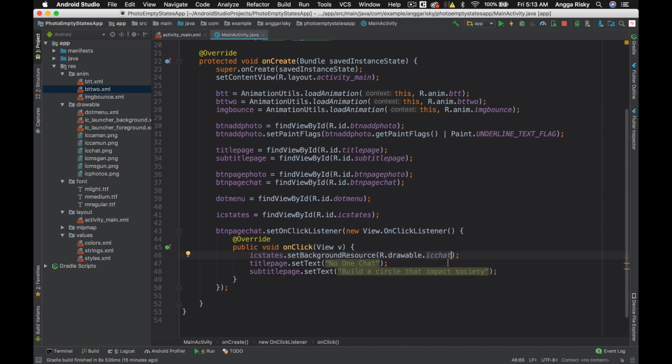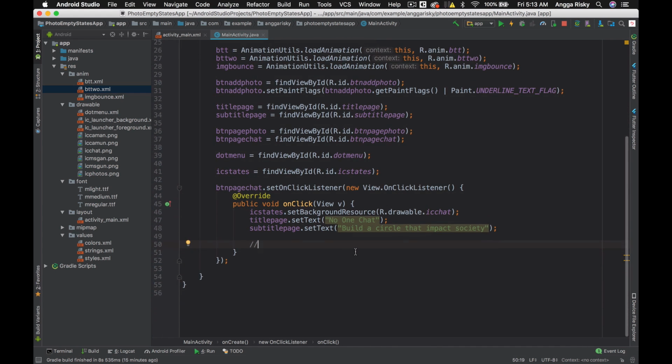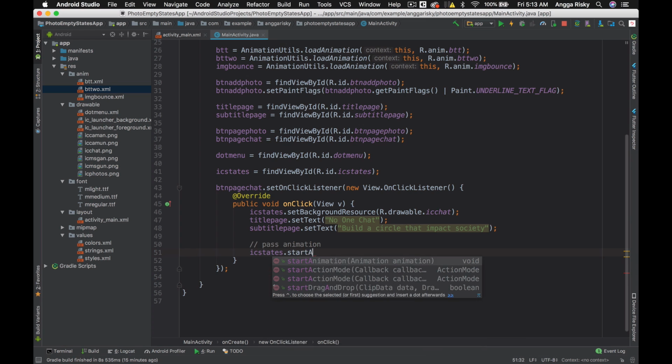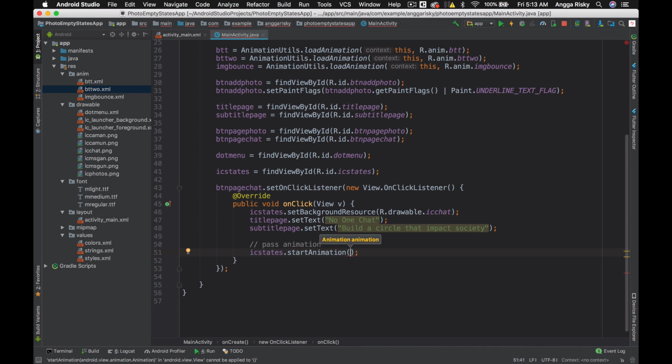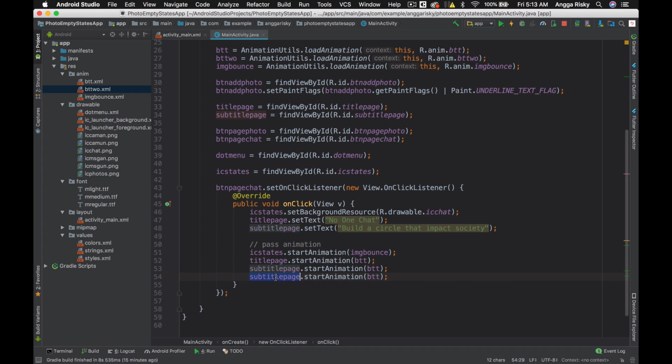After all, we need to run the animation. Under this section I'm going to paste the animation for them. So IC stats start animation, which is the EMG bunch. Then title page starts animation BTT, and subtitle page starts animation BTT, and the last one is for the button add photo.